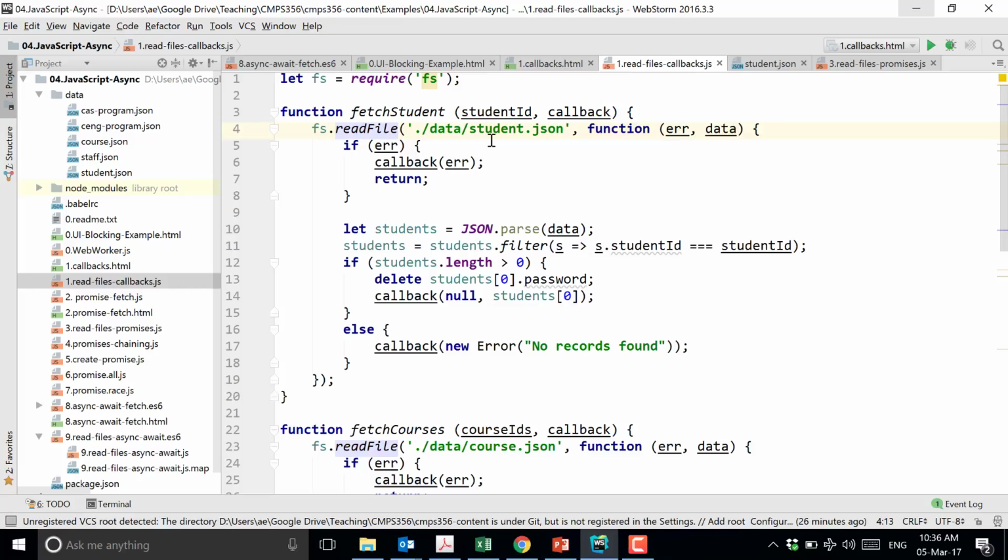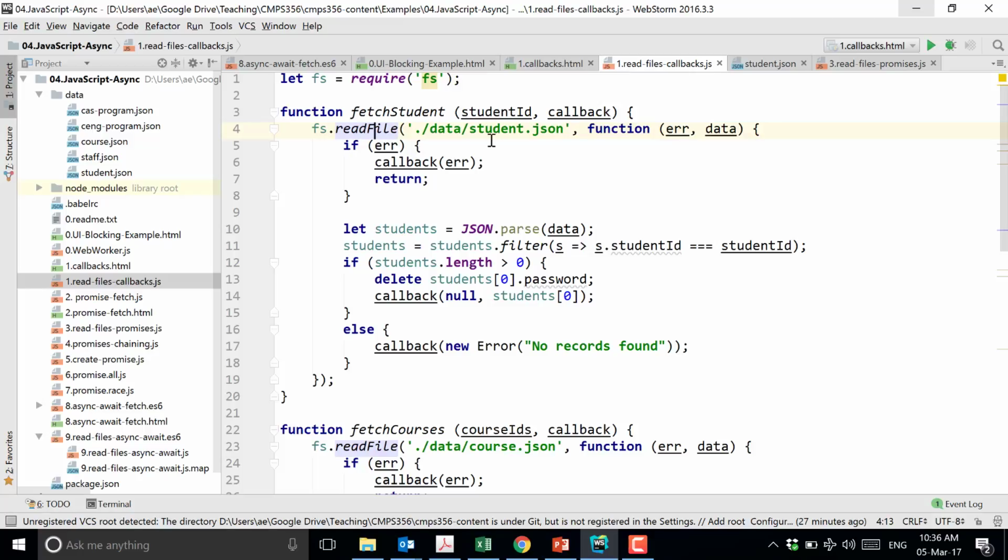If the reading was successful, you will find the data that has been read from the file in the data parameter. Yes? Now, inside this function, if there is an error, I will give it back to whoever called this function.